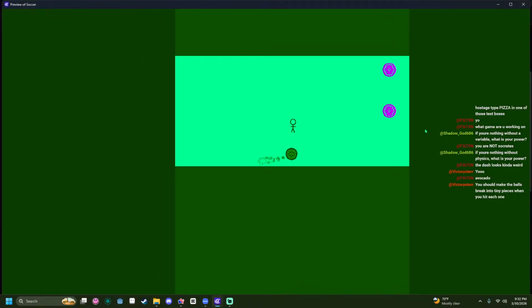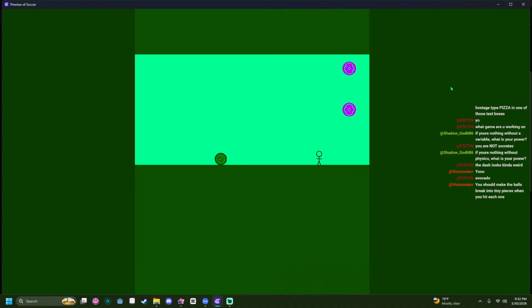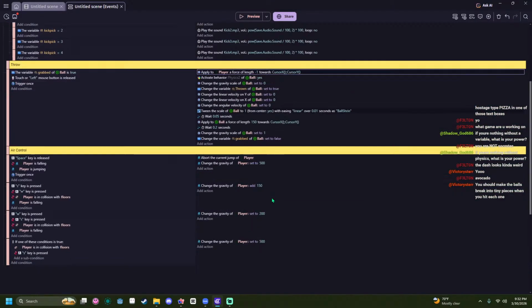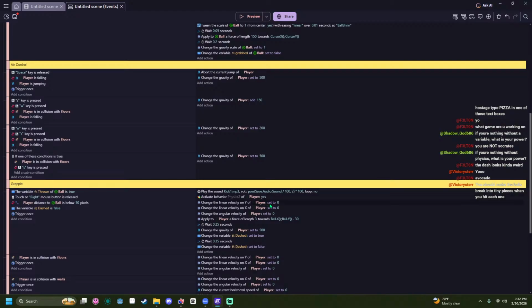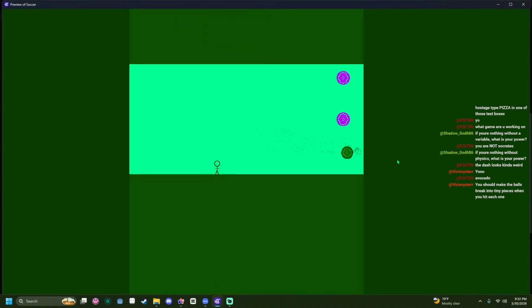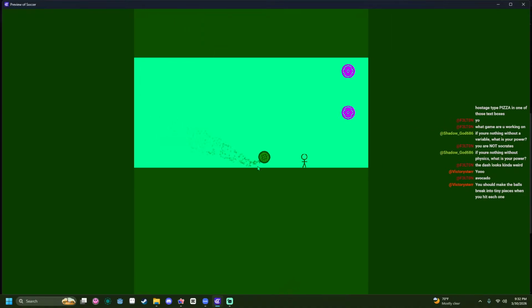Why is it just going up? Okay, what the fuck? What? Yeah, it works fine from that way.